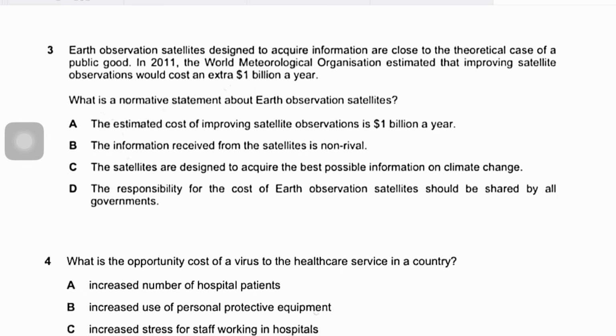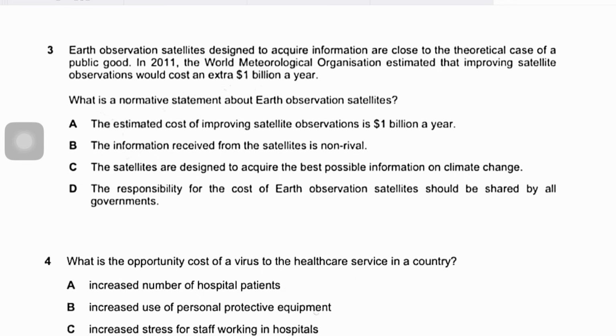Now we know that normative statements express a value judgment about what ought to be, and it is subjective and based on personal beliefs, opinions, or values. The differentiating factor between normative and positive statements is that normative statements cannot be tested or validated by facts alone, you can't put them through a test and collect evidence to accept or reject them, right? While a positive statement can be tested or validated by evidence, and you can accept that statement, reject it, or even amend it based on the observable evidence.